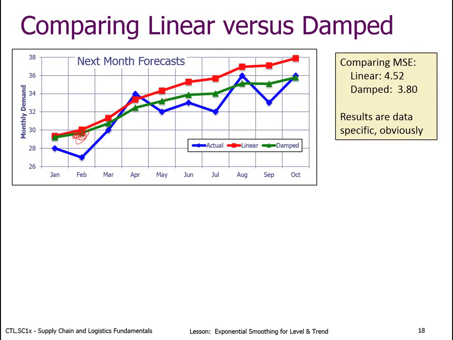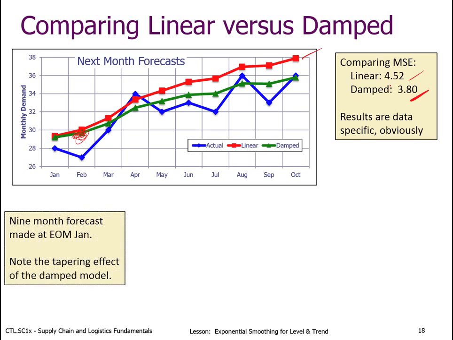So what we have here, we can look at the mean square errors. For the linear, which is in the red, the mean square error is 4.52, and this again is smoothed using an omega term, and the dampened is 3.8. Now obviously this is very specific to the data that you have. If you have something where it's a steady state trend, then the linear will be a linear trend. But in practice, you see this happen quite a bit,